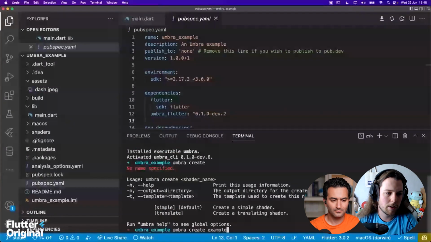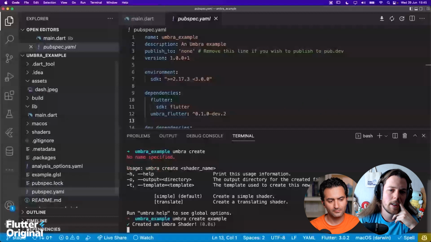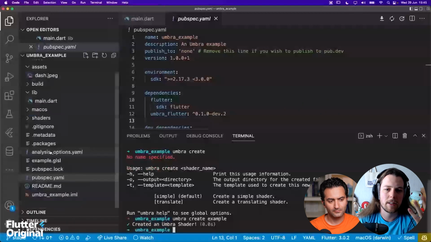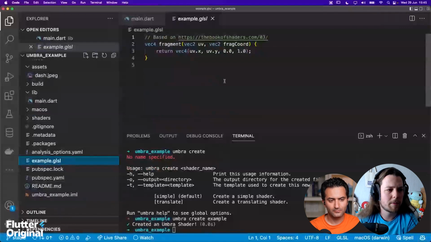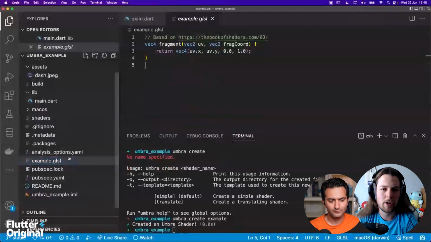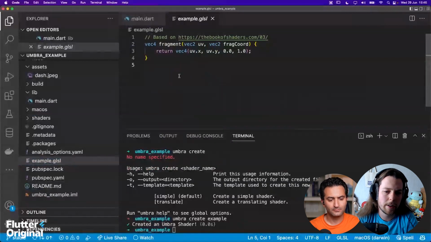I forgot to put it in the right directory. That's my mistake. So it has generated an example GLSL file for us, which is the language that the shaders in Flutter use. And as mentioned before, Flutter uses SPIR-V shaders, but you can also write them in GLSL and then compile them to SPIR-V binaries, which Flutter is able to interpret. So this language is much easier to work with. Let me move this into the shader directory. And this shader